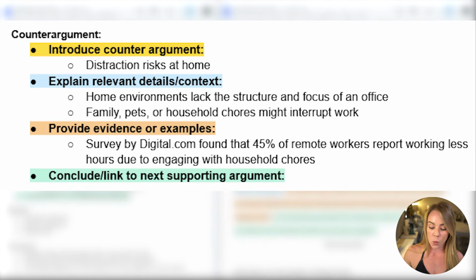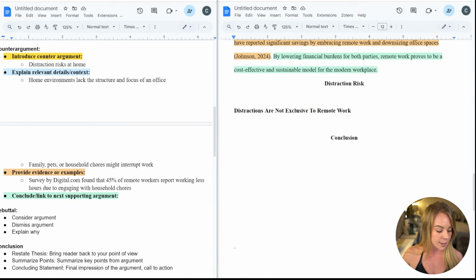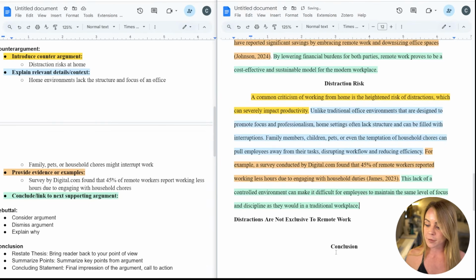And then finally, we found an example survey that states that 45% of remote workers report working less hours due to engaging with household chores. So same thing, coming over to our counter section, pardon me, I'm going to paste in an example paragraph. Here's what we have.